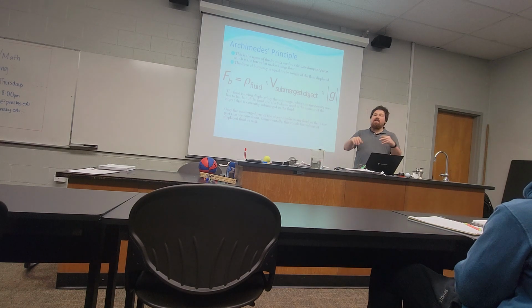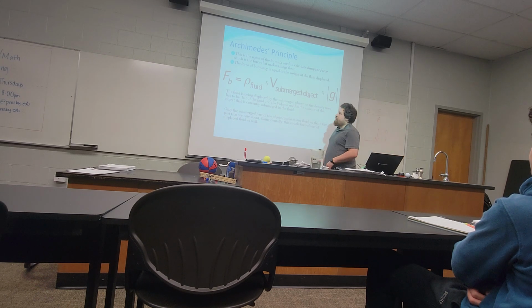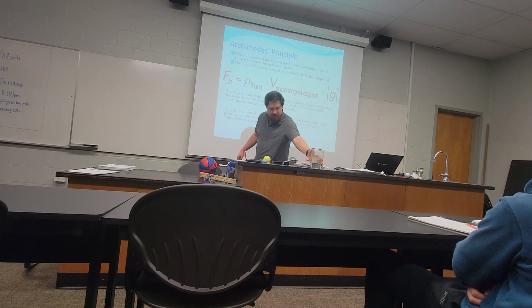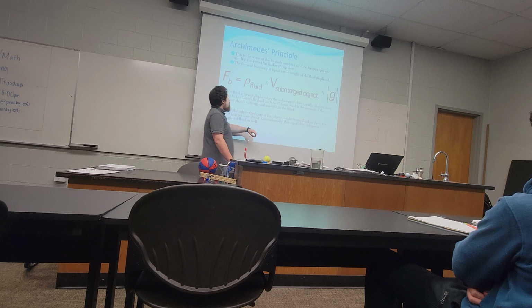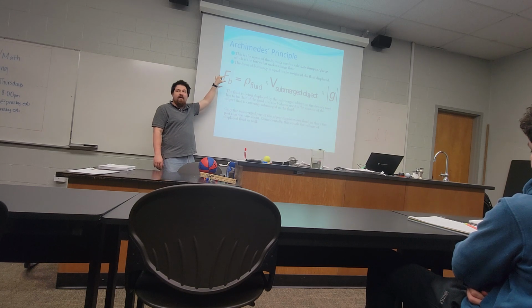And anyway, because of that legend, we call this formula Archimedes' principle because it involves the amount of water that's been pushed out of the way. What this formula says is that when you place an object into a fluid, like in this case, an iron weight into water, that water is going to exert a buoyant force on the object. So this part right here, FB, is the buoyant force. The subscript B stands for buoyancy.